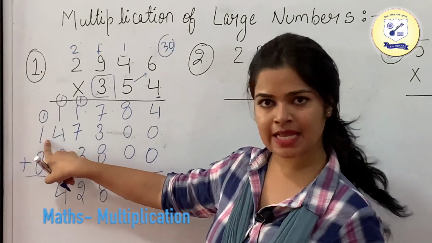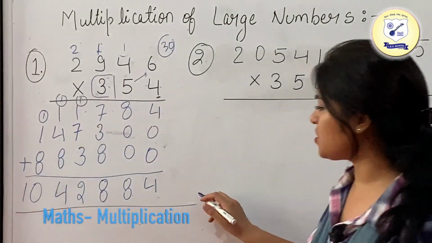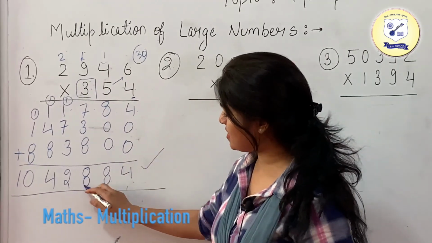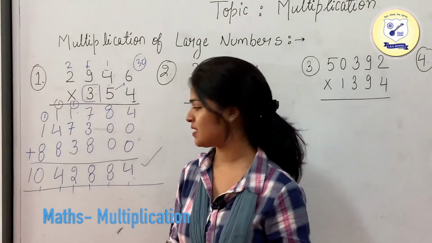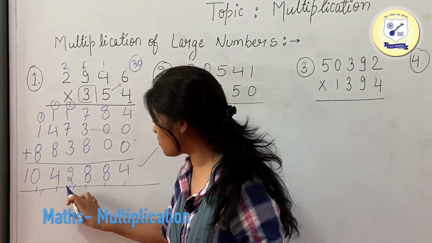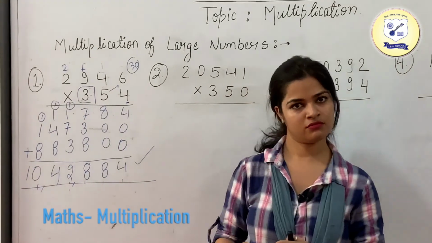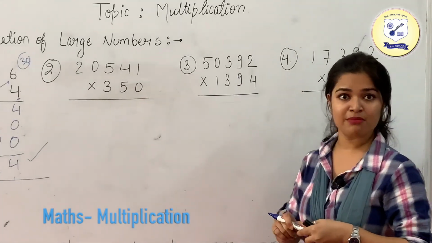8 plus 1 is 9 and 9 plus 1 is your 10. So write the whole number in your answer. So this is your answer. Okay, this is your ones place, tens, hundreds, thousand, 10,000, lakh and 10 lakh. So your answer is 10 lakh 42,000 and 884. Okay, so now we'll move to the next number, which is your 5-digit number, and we are going to